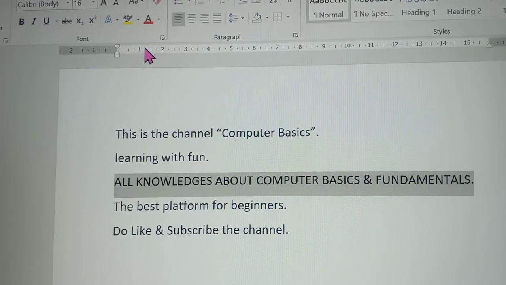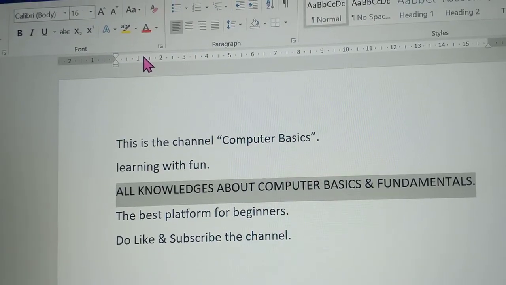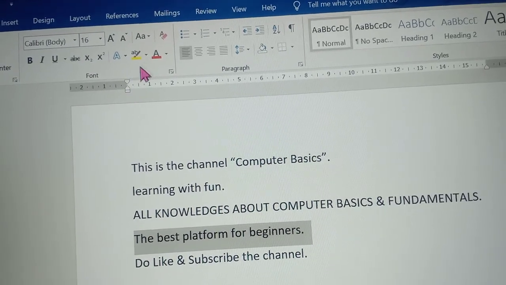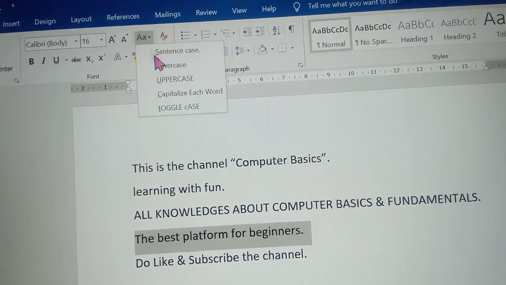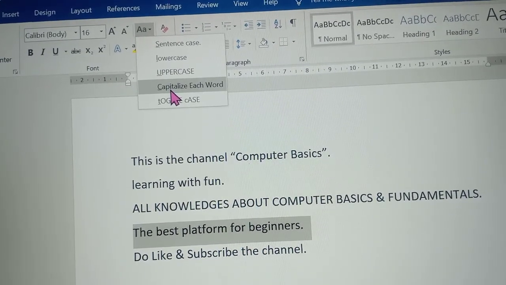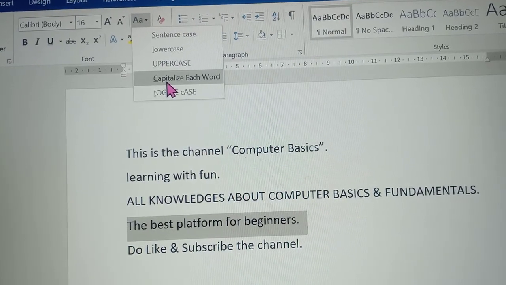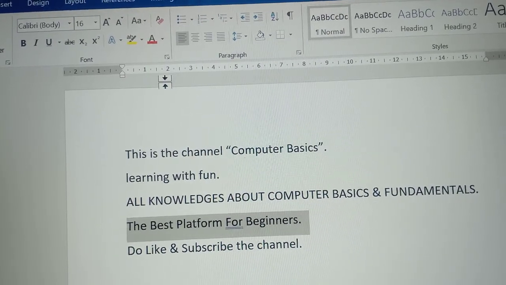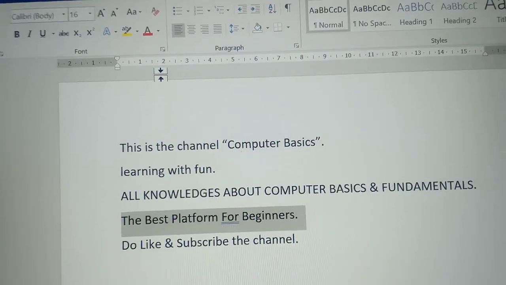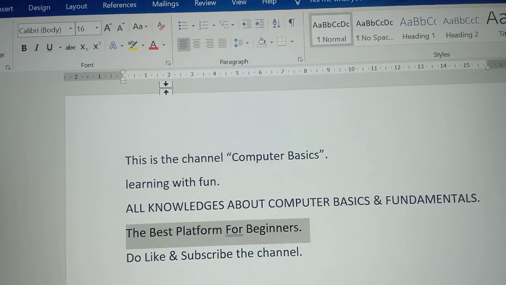All the letters are changed into uppercase. Then the next case change option is capitalize each word. Capitalize each word means the first letter of every word will be capitalized. See, T, B, P, F, B, all are capital.